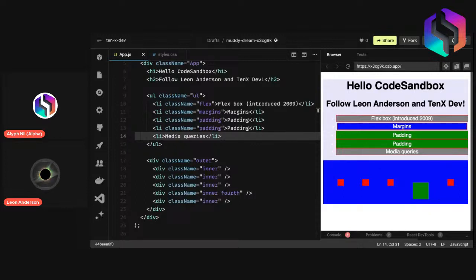And there you have to work with minimum and maximum widths,